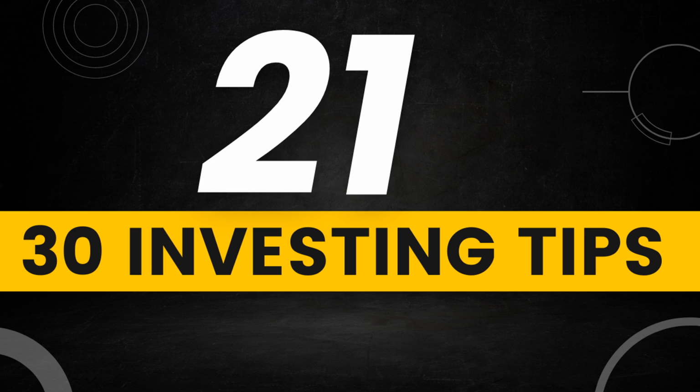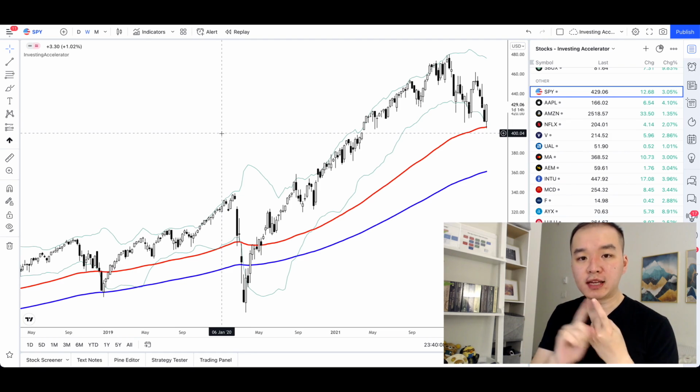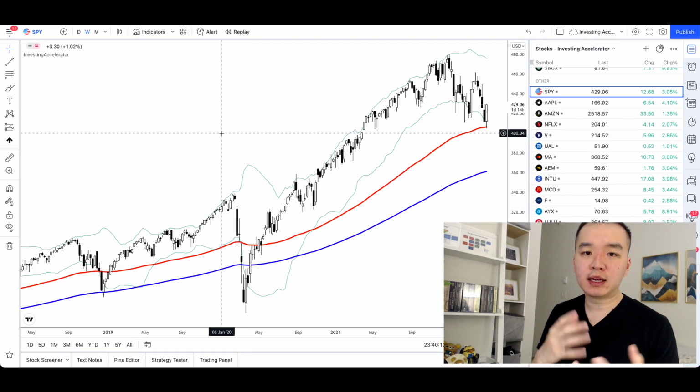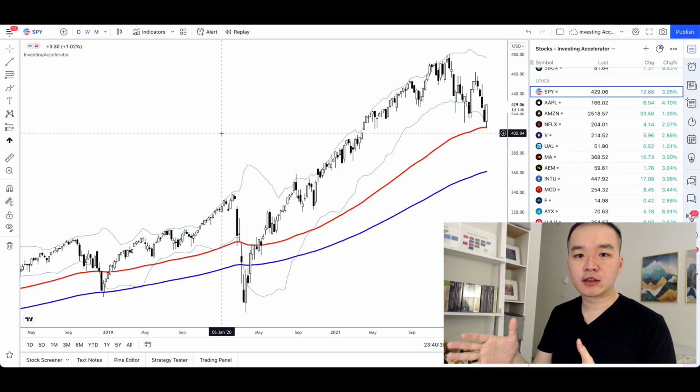Tip number 21. Now, if you're just starting to learn investing, I would avoid day trading and short-term trading, because if you're working full-time, it is actually very difficult to do short-term trading because you need to dedicate around 20 to 30 hours or more to day trade. So if you don't have that kind of time commitment, then it's better to stick with medium to long-term investing,